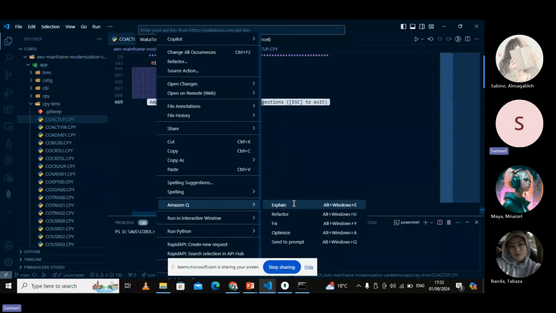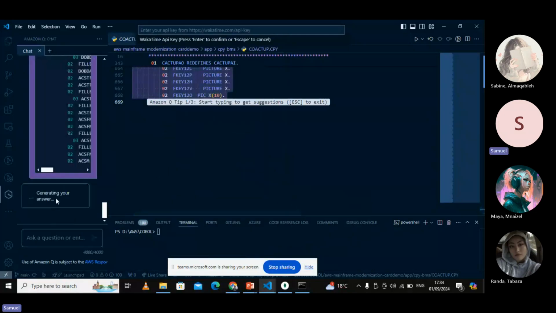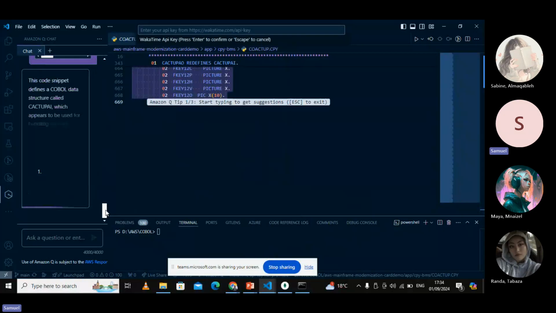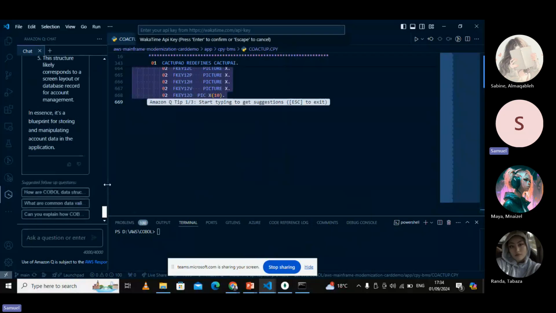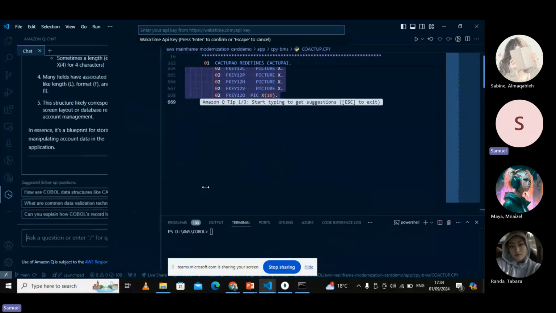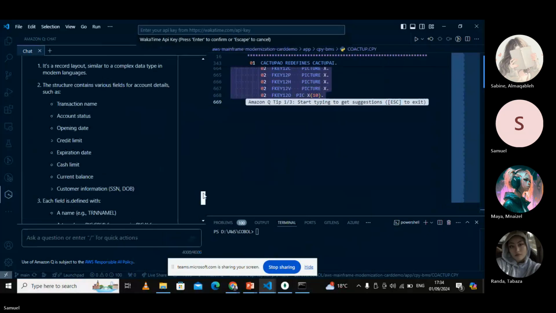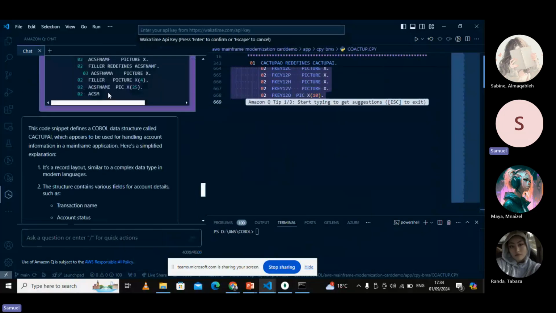So we want to get an overview of what this file is about. You click here, explain. You can see it's generating an answer for the file section that you have selected, and you can see the response that we are getting. Maybe I can expand this chat tab. You can see the highlighted section is the code that we have selected, then the explanation. This code snippet defines a COBOL data structure called